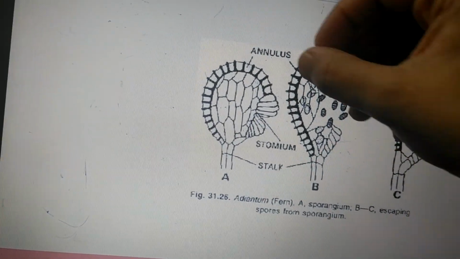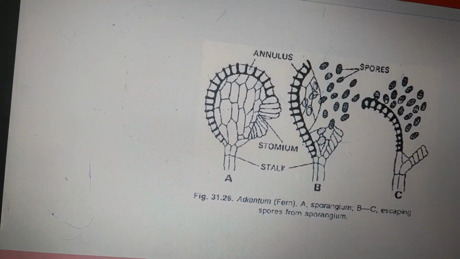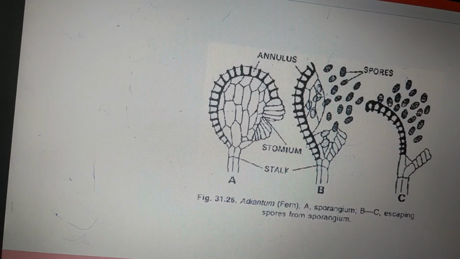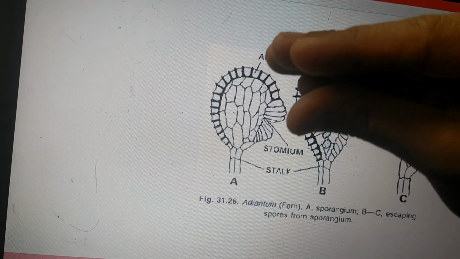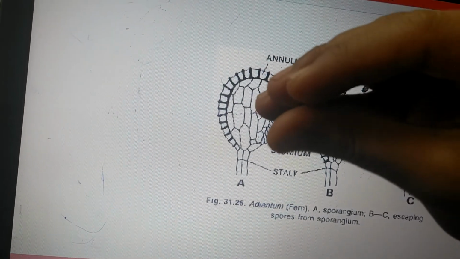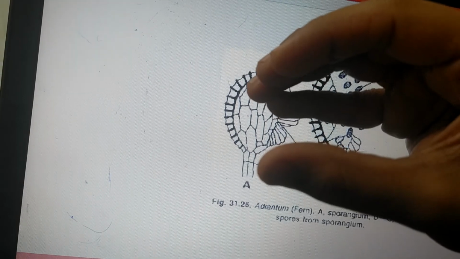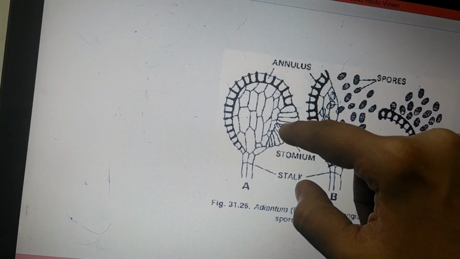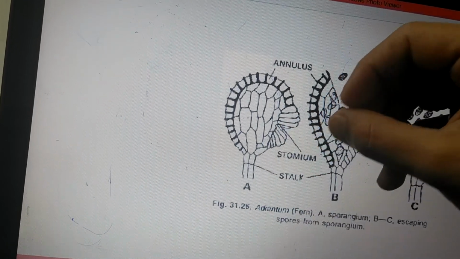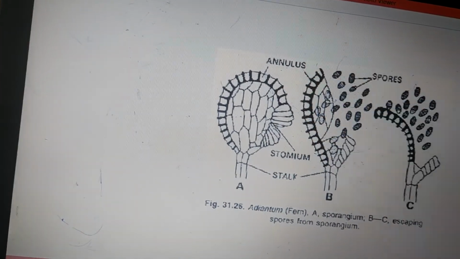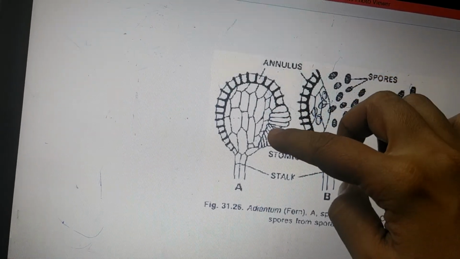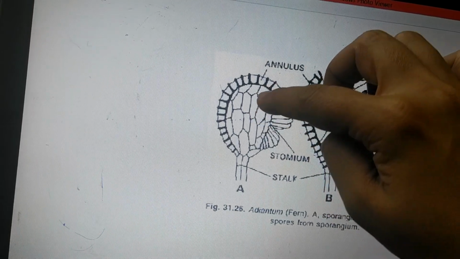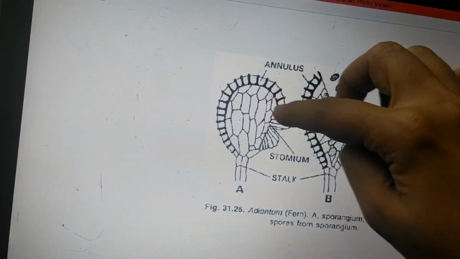Imagine if these annulus cells are going to contract, they are going to come close to each other. That coming close to each other leads to opening of this region. It is somewhat like this. All the cells come closer, in the sense they are going to open this structure, leading it to burst, to rupture. As they have very thin walls, they get separated easily from each other, and the result is burst opening of this portion. When this bursts open, all the cells which are mature, having undergone meiosis and being ready haploid spores, are going to come out.